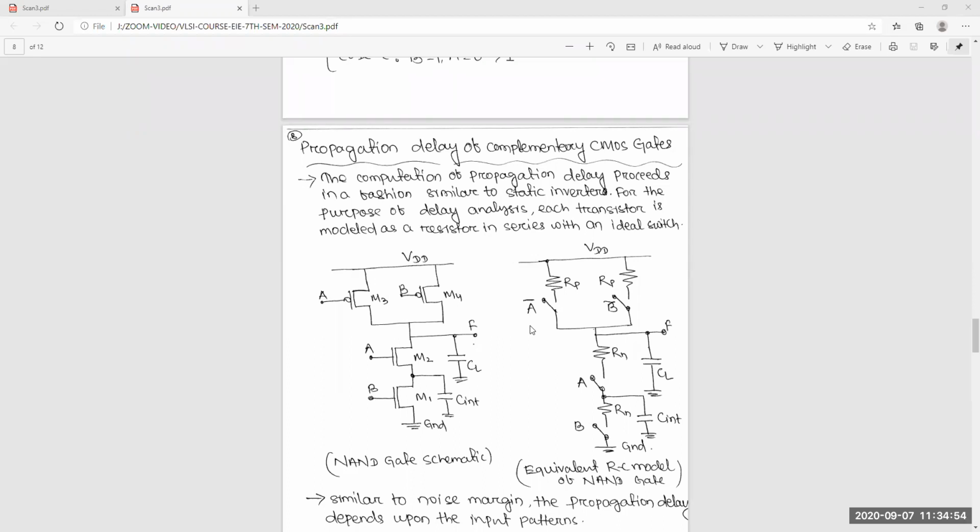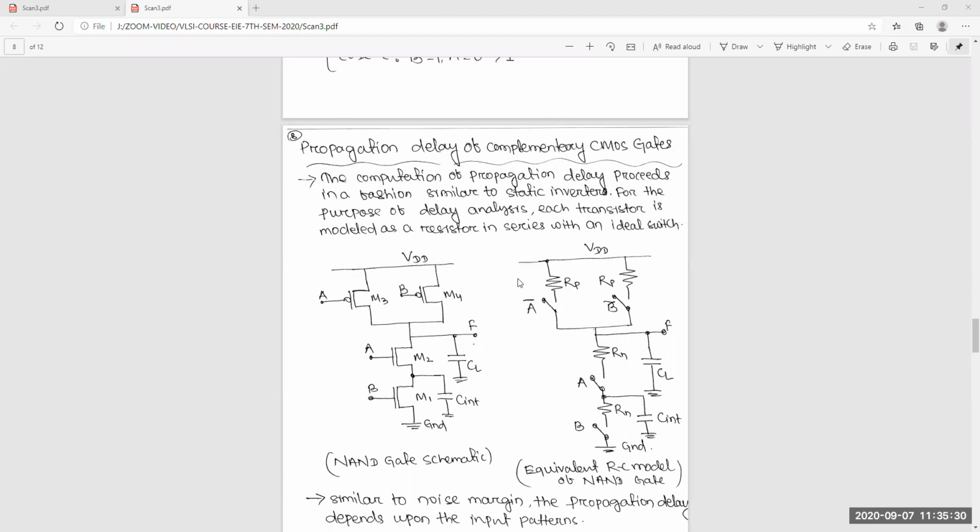The symmetrical case is when both tPHL and tPLH are the same. That is the general case, sizing the PMOS according to mu n by mu p, so that we get a symmetrical noise margin, rise time and fall time. But if you require minimum tp, the beta ratio will be the square root of mu n by mu p, about 1.9. Yes, that is the best case for tp.